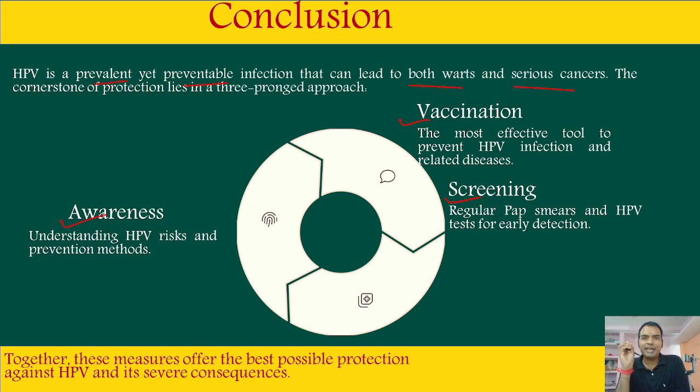In very simple terms, we can say human papillomavirus is a double-stranded virus. It doesn't have an envelope. It has L1 and L2 capsid proteins, which enable it to produce infection. Over 100 types of human papillomavirus have been identified, but 6 and 11 produce warts and 16 and 18 produce cervical cancer. It is very important to know about the diagnostic process, like Pap smear and colposcopy.